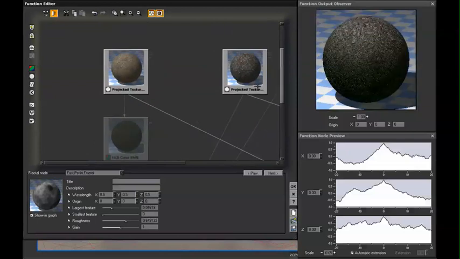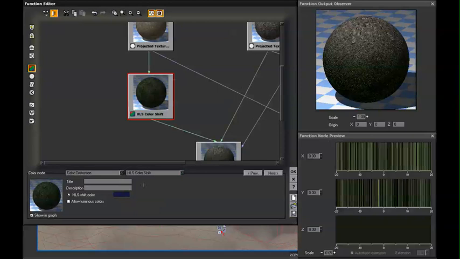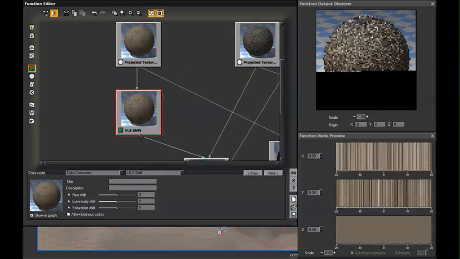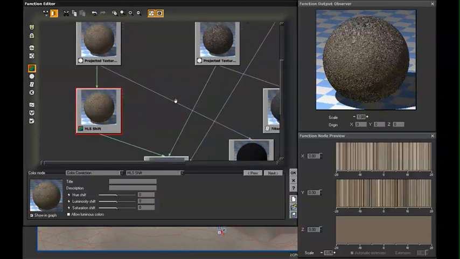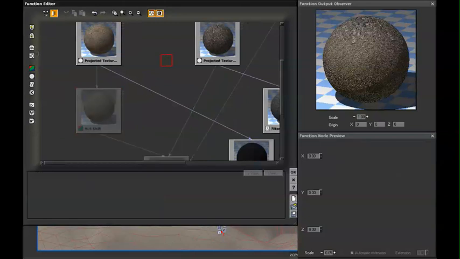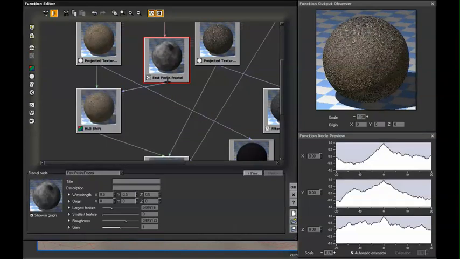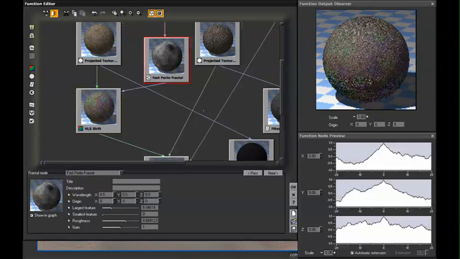And right now we have that green in there, which actually looks kind of neat, but it's really not what we're defining. Go back to the HLS Shift, and we can also define these values by using the fractal nodes, and we can adjust the hue and shift that way. So if we wanted to make a little bit of a color variation, we can add in a fractal node, and I'm going to connect our top input, which is our hue, to this fractal,